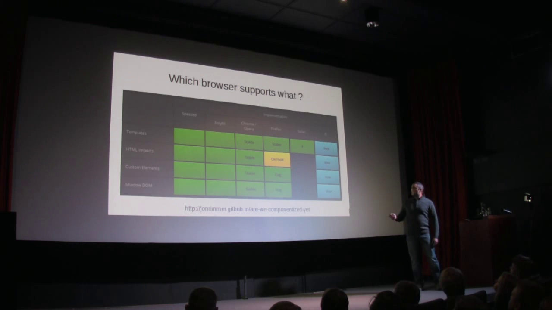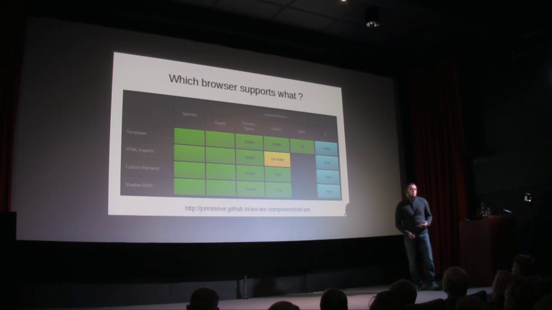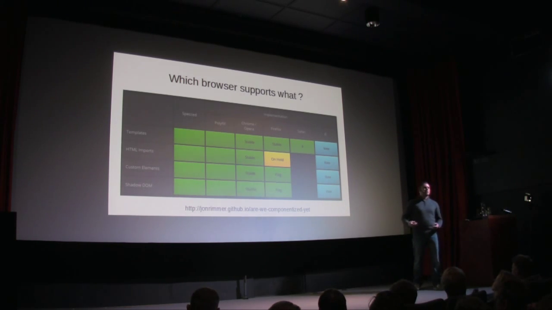And then Chrome and Opera, the latest Opera is based on Chrome, so they both support natively all specifications, which is cool. Then we have Firefox, which has template. Template is just one element, it's quite simple. Imports, I read here HTML imports are on hold because there's some discussion how to stack nested dependency or how to import properly and how to do it non-blocking, but if you need that, how should it behave, so still not